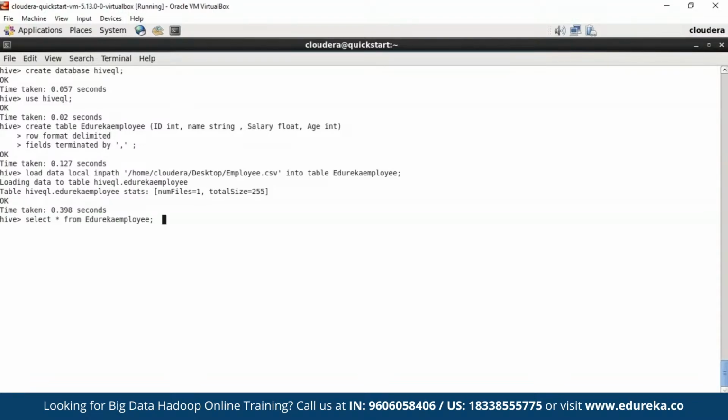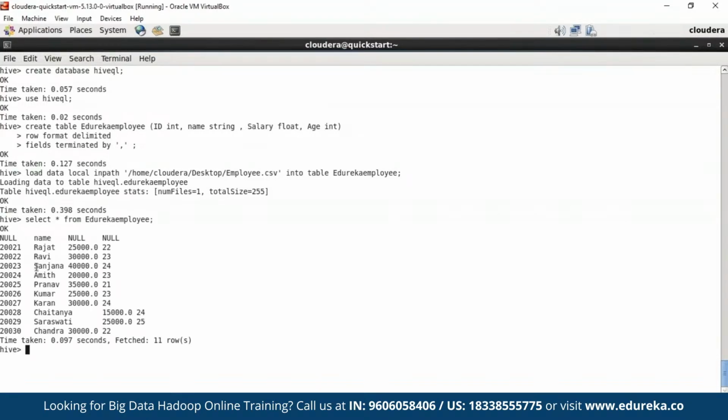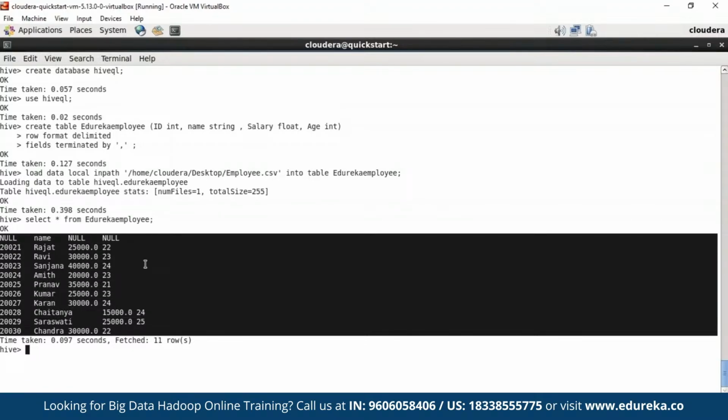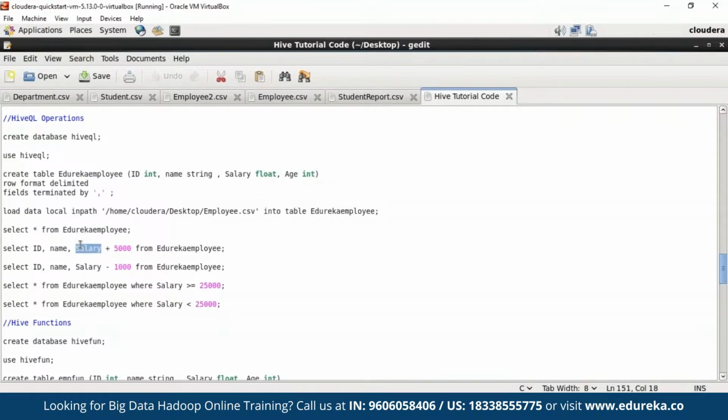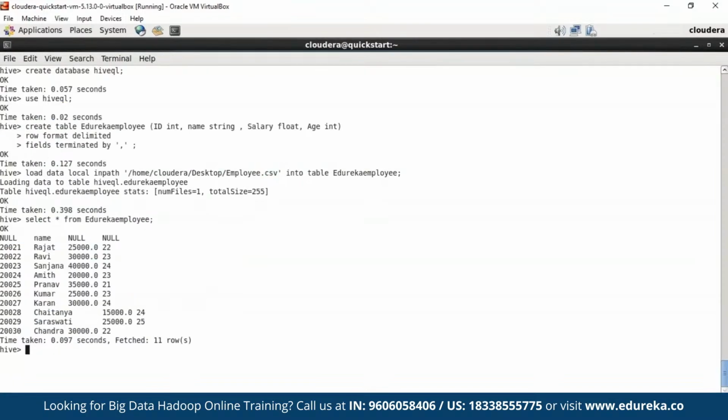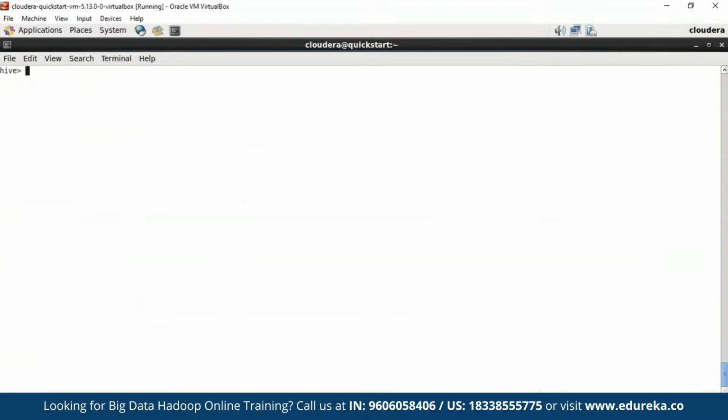We can use the command select star from the table Edureka employee. So there you go. These are the details or information present in the table Edureka employee. Now we shall see what are the functions that we can perform on this particular file. Since we discussed that mathematical operations and logical operations can be performed on Hive, let's try to